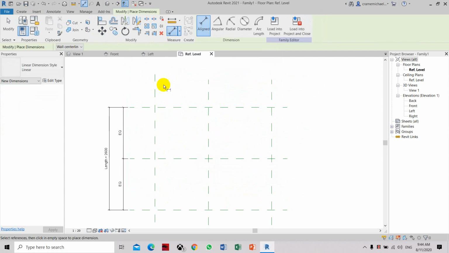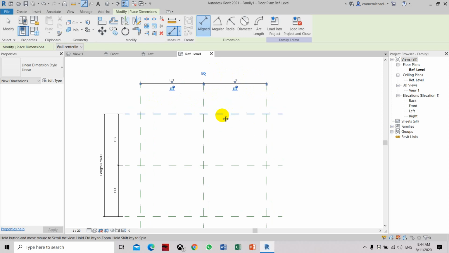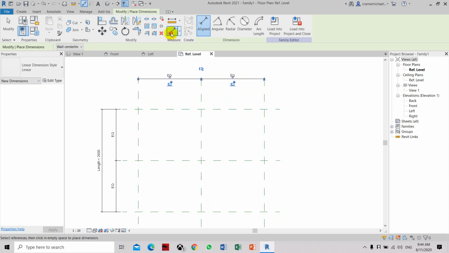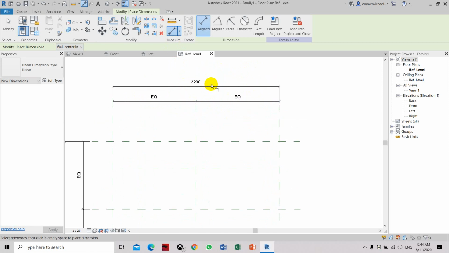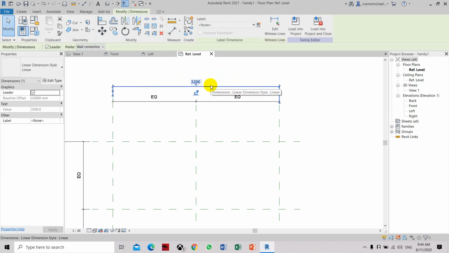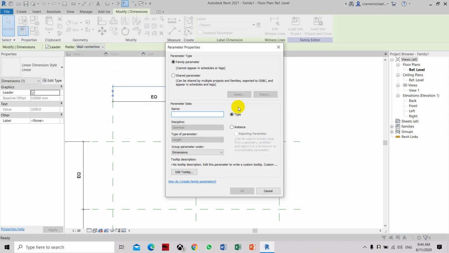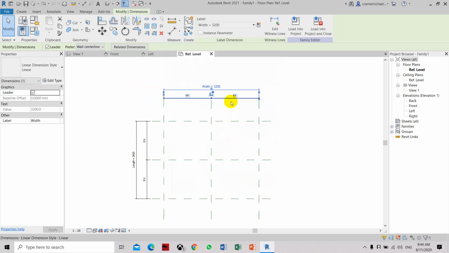So now we place another dimension to control it. Make sure it's equal. It will adjust automatically. And then create another parameter for the dimension. And then label this dimension. Just click the Escape tab twice. Then click the dimension, create label. We call this width. So now we can